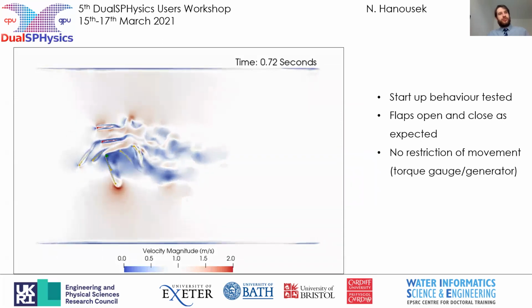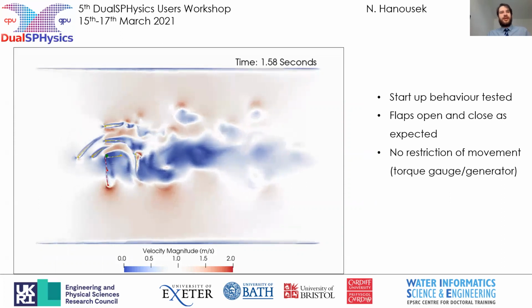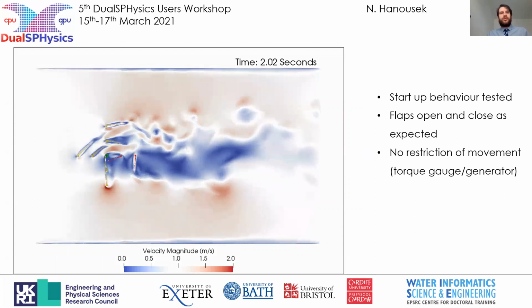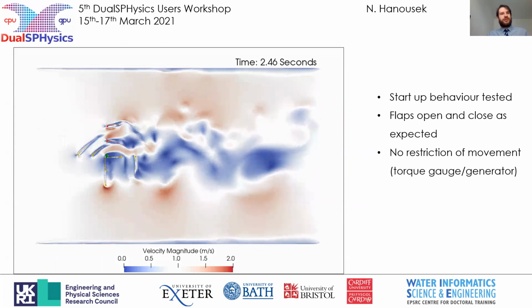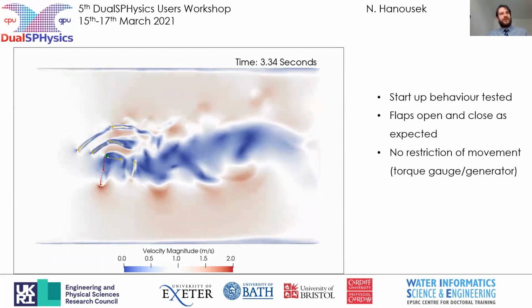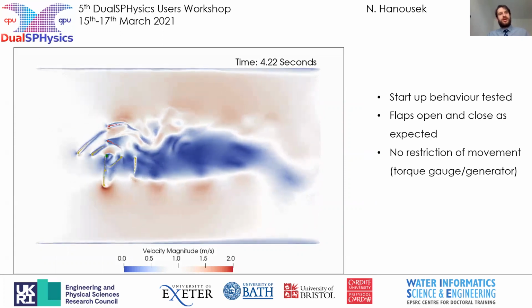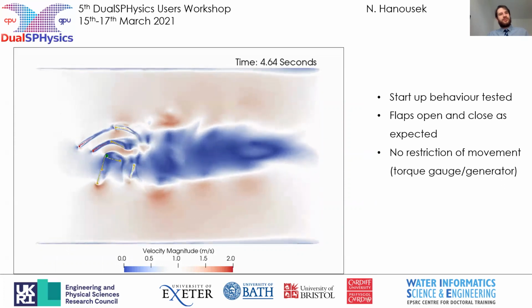The majority of the testing that I've done to this stage has been on the startup behavior, where we see the turbine in an initially stationary position, and then under the motion of the flow, it begins to turn. And as you can see, the flaps here do rotate into position as expected, and the turbine